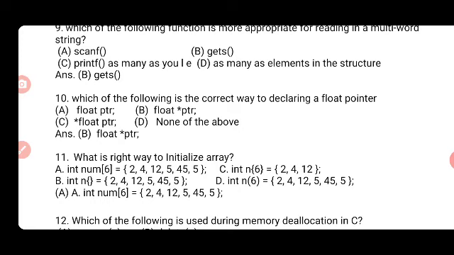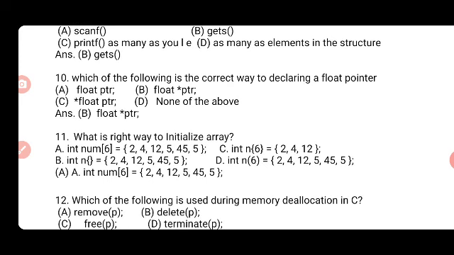Okay, so out of 4 options, A, float ptr; B, float star ptr; C, star float ptr; D, none of the above, B is the correct answer. So the derived data type pointer consists of a basic data type and the star symbol, followed by the pointer variable. So according to this, option B is the correct answer.